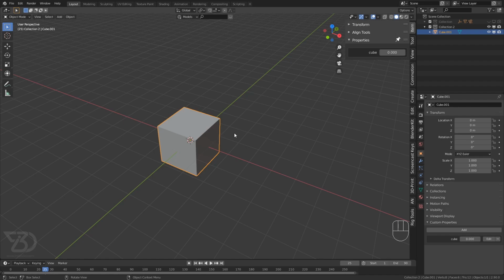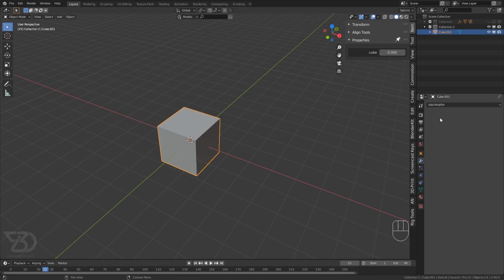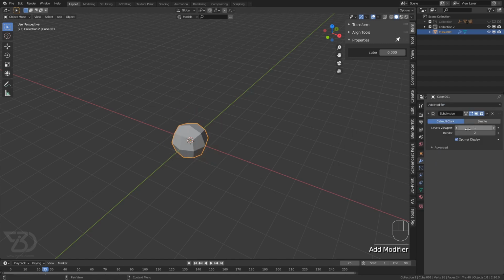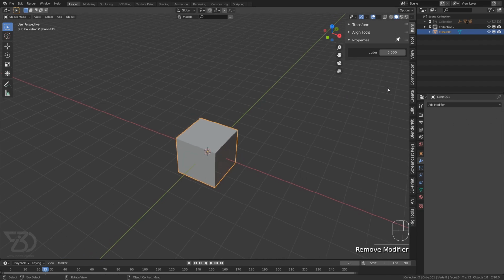This is also used in lots of various locations of Blender, like in the subdivision. You can drag it to, I think, 6. I'm not going to do it because it will crash my computer. Okay, now it will not. So we cannot drag it more than 6, but we can still type more over here, like 10 or 20 or whatever, but I am not going to type it. So okay, let's type 7. So we can type more than 6, but we cannot drag it. Oh, it's lagging. Okay.